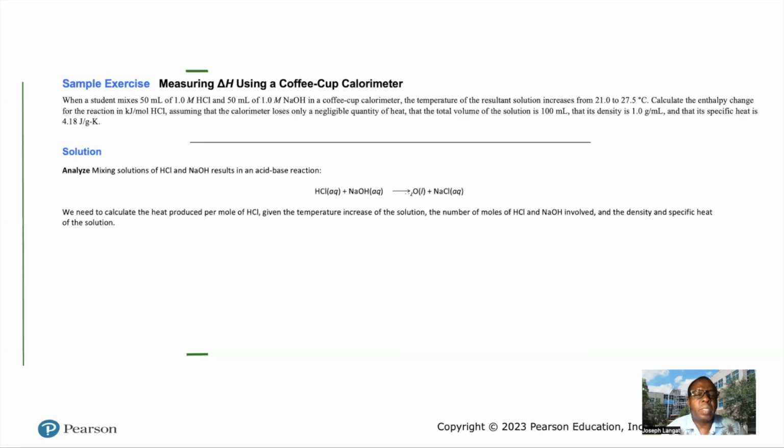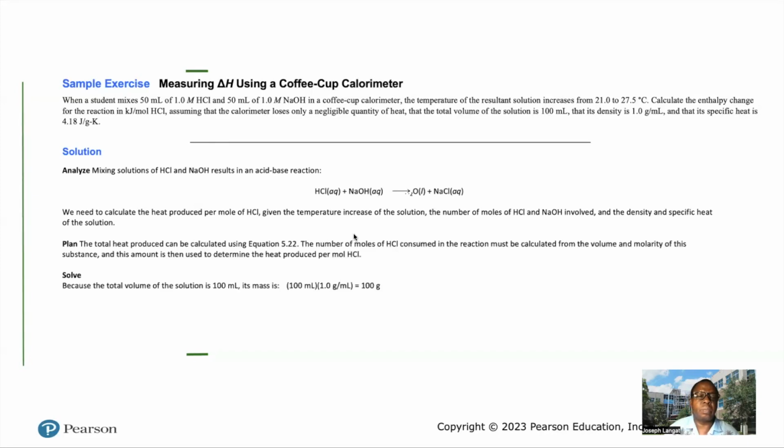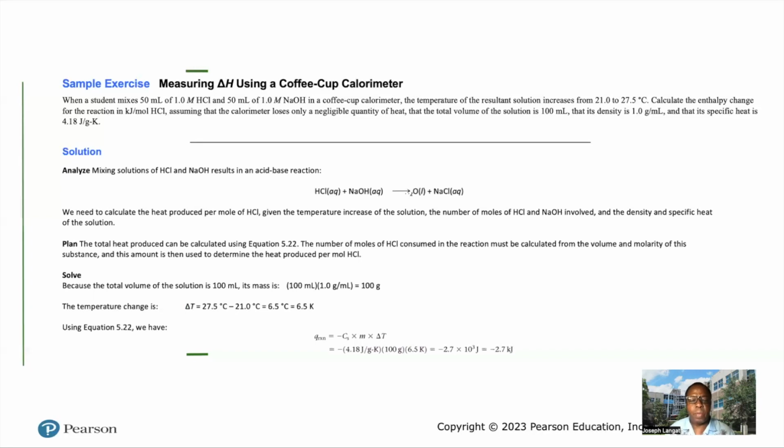So analyzing the solution, you need to write a balanced equation. We need to calculate the heat produced per 1 mole. First, find the mass of the solution, because 50 plus 50 gives you the total. Using the conversion factor, we have the density, and we know the mass of the solution. Change in temperature, so that when you plug in here for the reaction, this is how much you get: negative 2.7 kilojoules. But